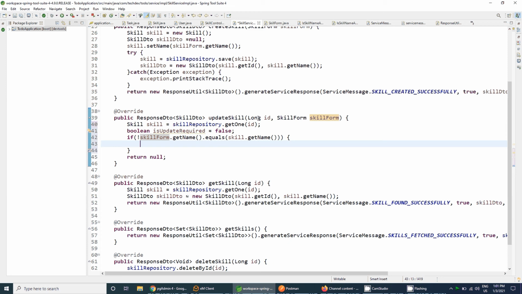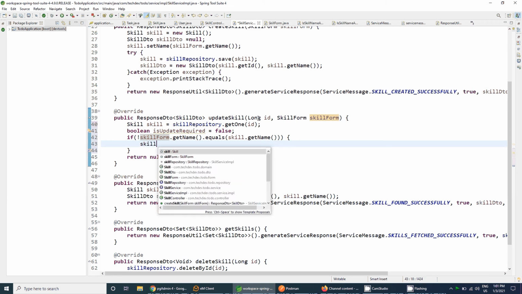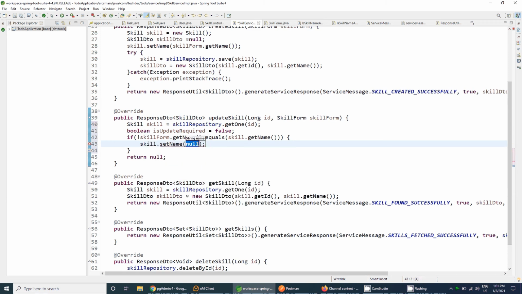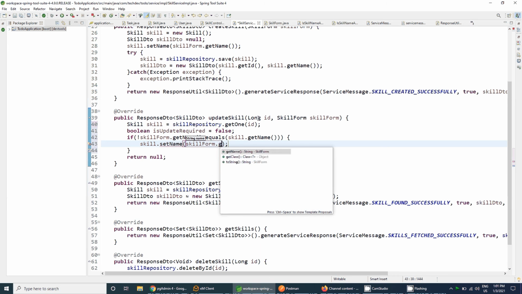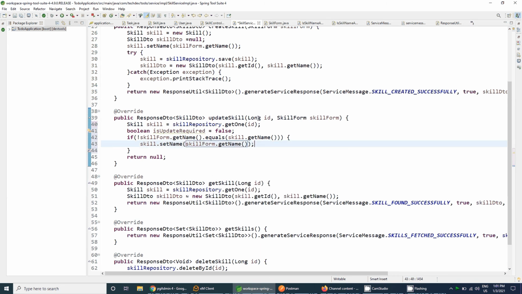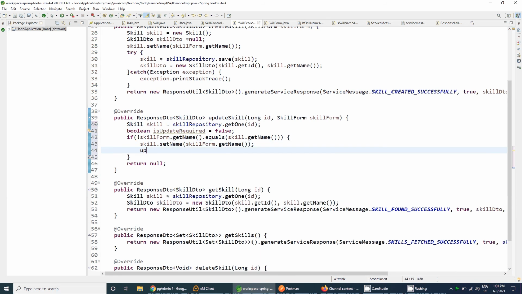So we are just checking the object. If they are not the same, then we will do skill dot setName with skillForm dot getName, and we will set isUpdateRequired to true, because we are going to update from here.